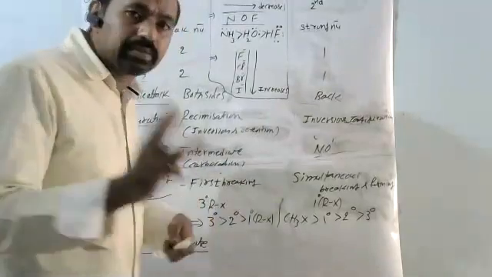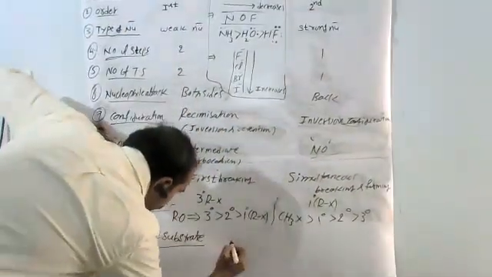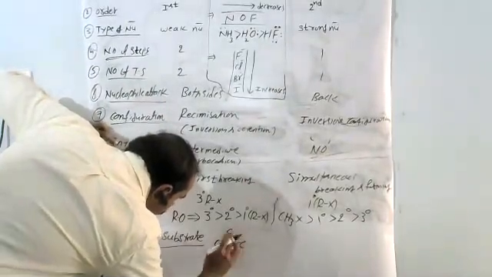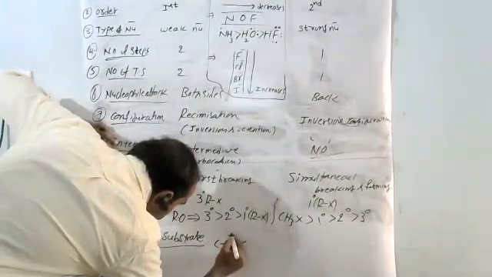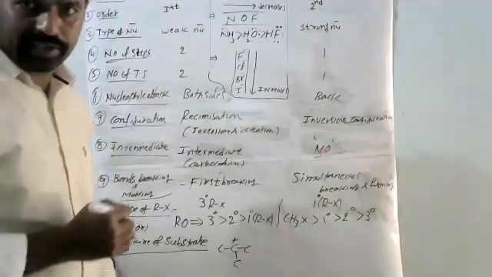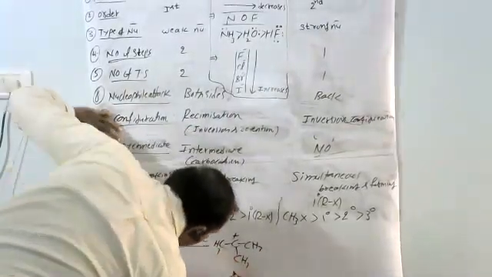Carbocations are how many types? 3 types. Primary carbocation, see this. Tertiary carbocation, for example, see, I have taken, it is a carbocation. See, this carbon having carbocation. Which type of carbocation? Tertiary, 3 degree. Very good. Here this carbocation is surrounded by alkyl groups like this. It is a 3 degree carbocation.